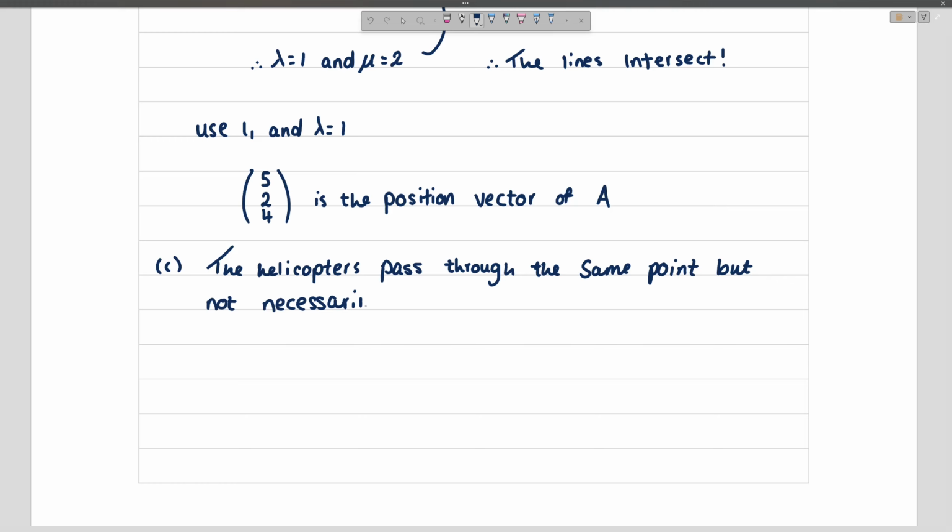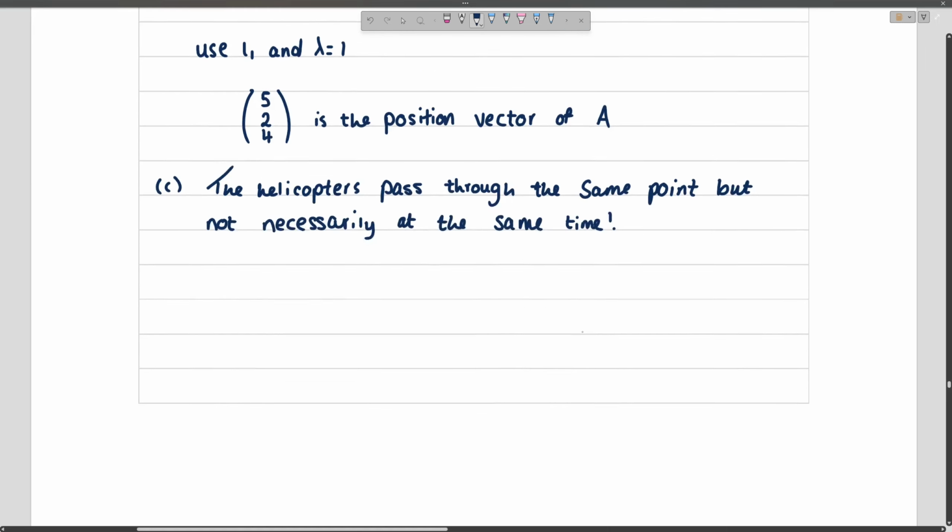Necessarily, I hope I'm spelling that correctly, not necessarily at the same time. Okay, and that's all we need there for part C. I think it was just 1 mark, right? So yeah, just 1 mark for part C. That's absolutely fine there. Now for part D then,